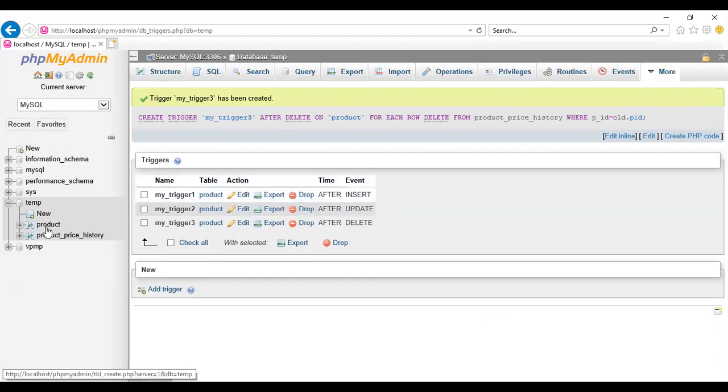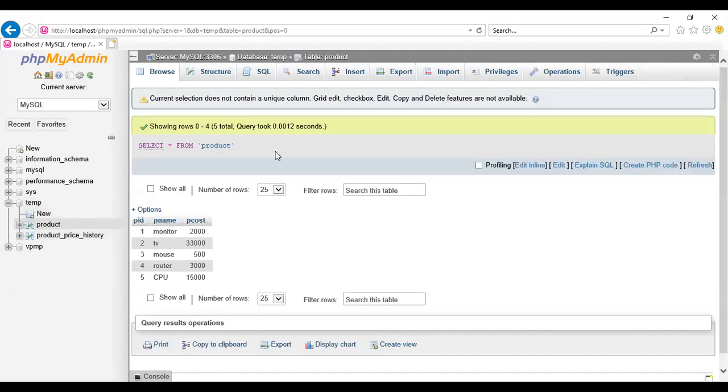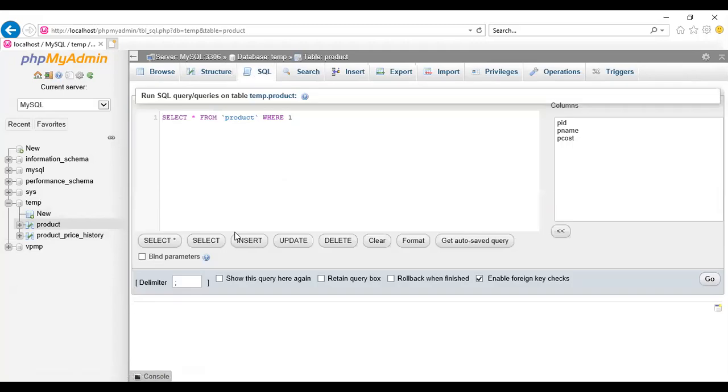Now delete one record from the product table. Select the delete command: delete from product where PID is equal to 4. That means here we are going to delete the product router. Apply the button Go.